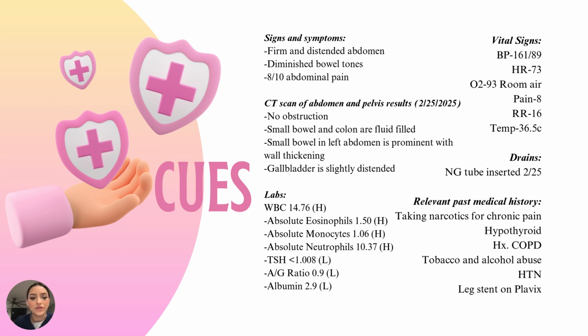I wanted to circle back to his relevant medical history because I saw that he did abuse tobacco and alcohol, and I'm sure he was told why that's bad and how that can affect him. And so I took that as a cue to how he would respond to patient teaching. I'm sure he has been told many times that alcohol is bad for him and smoking is bad for him, but he obviously still uses those things.